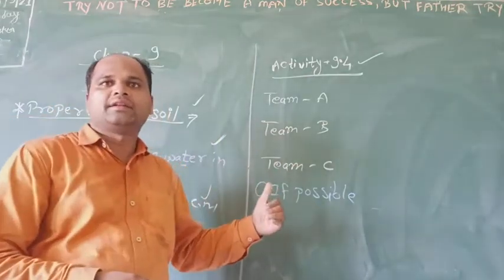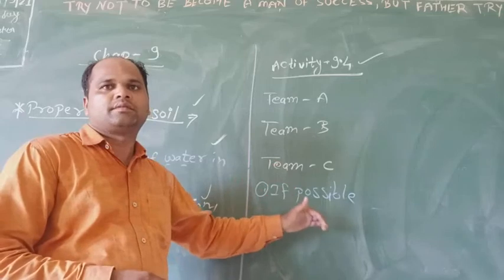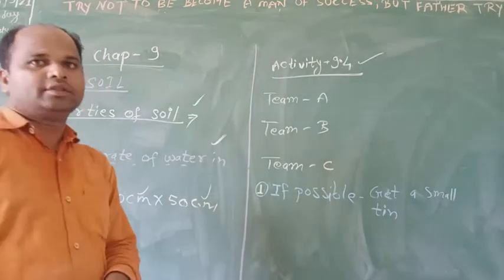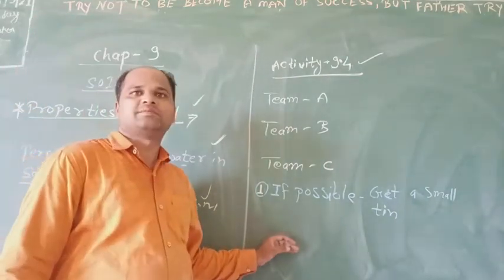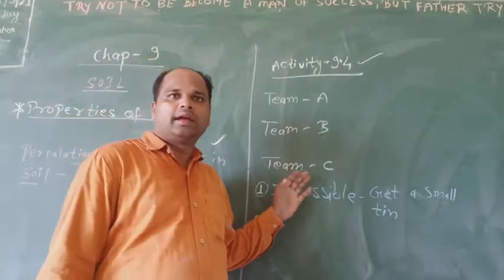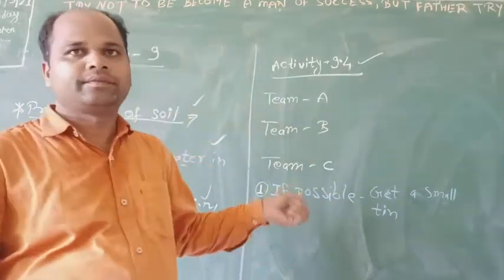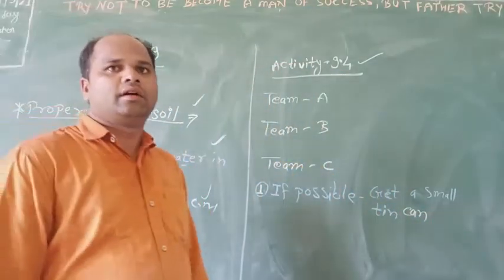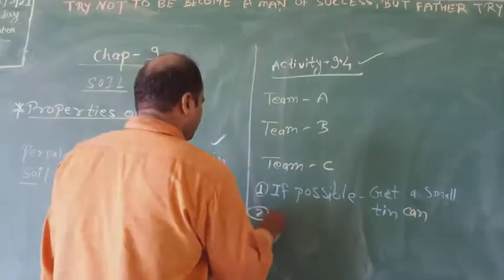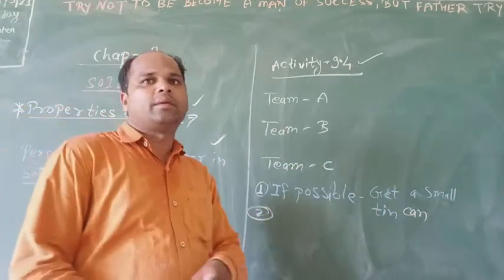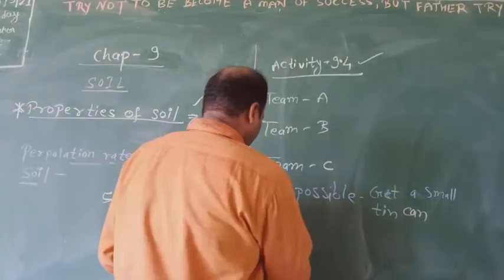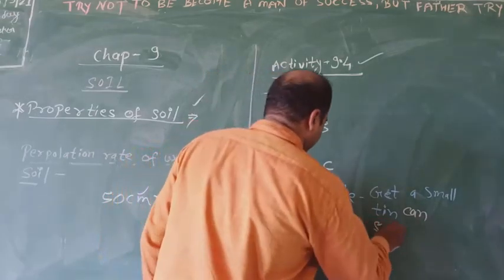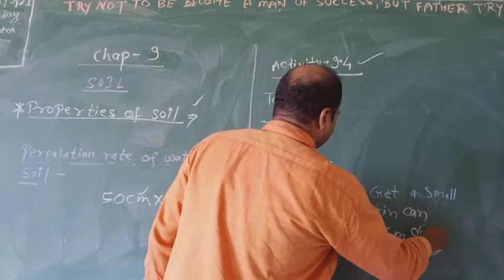get a small tin can and cut off its bottom. Students, if possible, get a small tin can and cut off its bottom. Second, if you have a PVC pipe of approximately 5 cm diameter,